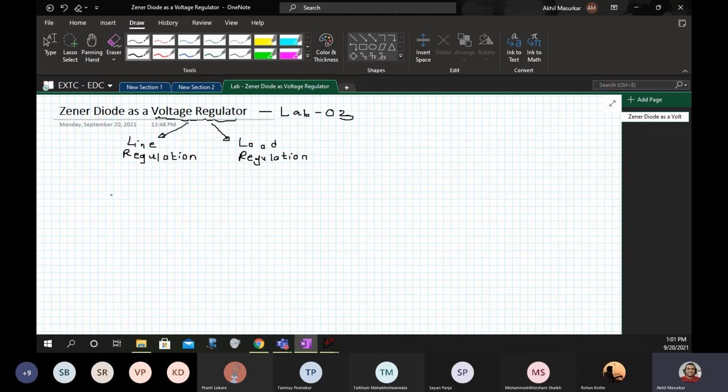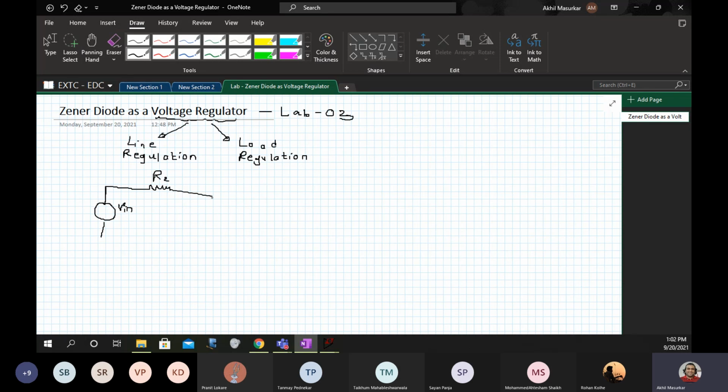So our basic circuit of the Zener diode is like this. What we are trying to do is give some input. We will call this a voltage source, Vin, and here we have a resistance, let's say R2.